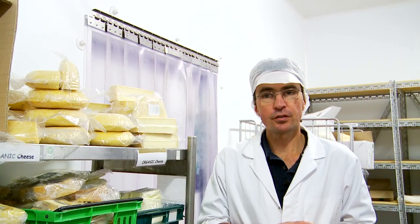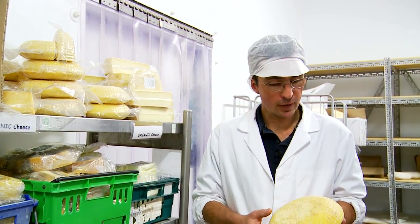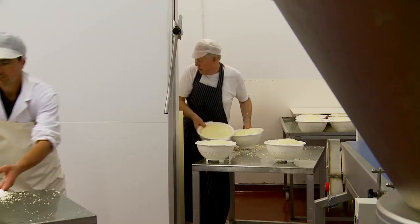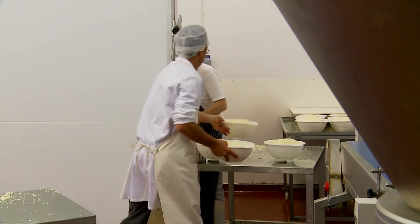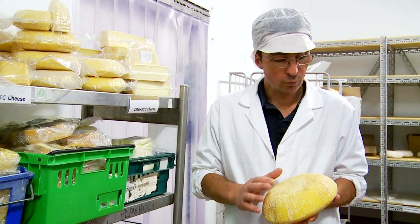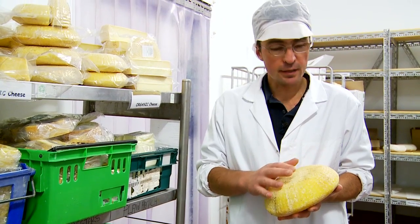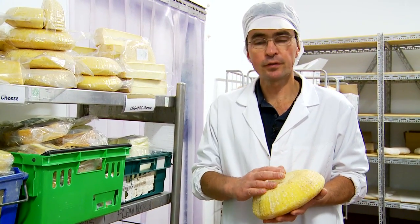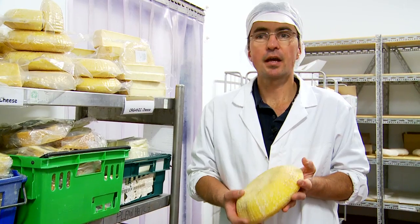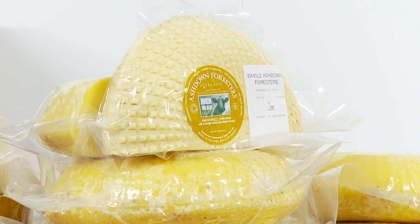So the Ashdown Foresters that we've been making today, you saw it earlier coming through the cheese vat. At this point it's been matured for 12 weeks. And the cheeses just mould up naturally in the cheese store. Before they're ready for sale, we'll grade them, decide that they're ready, then we'll wash the excess mould off, dry them off like this, and then they'll be packed and come in here ready for going out to the delis